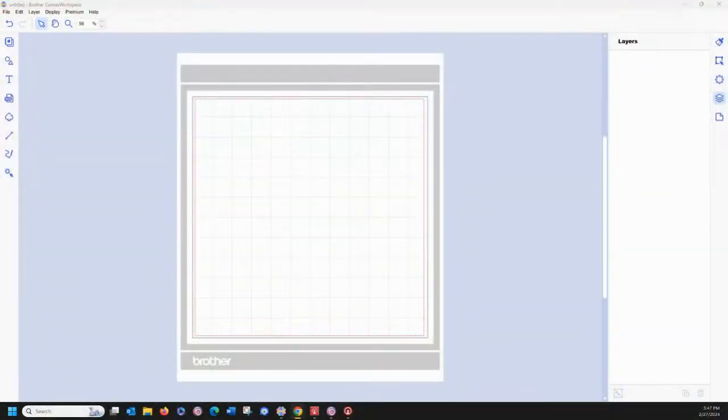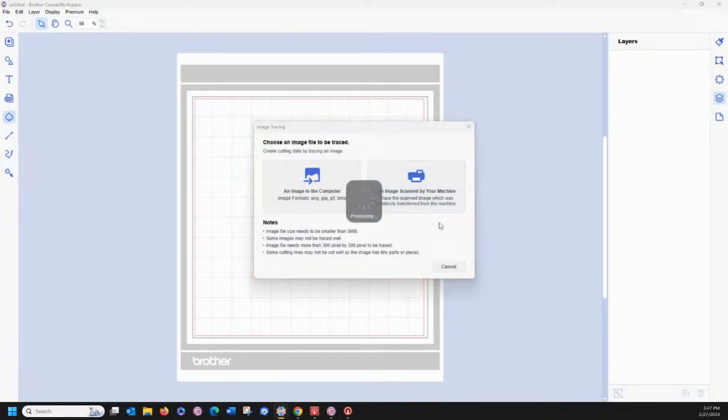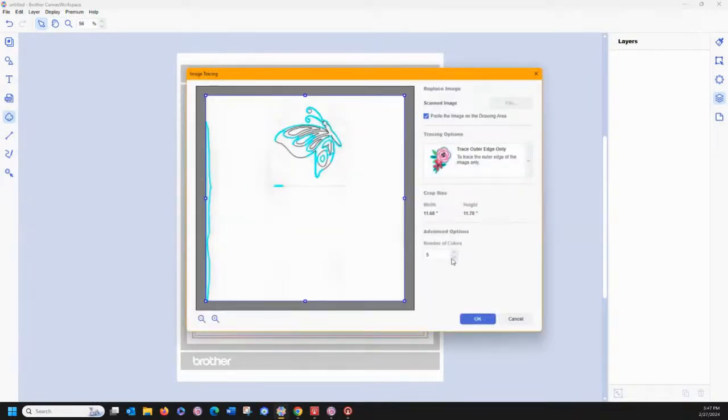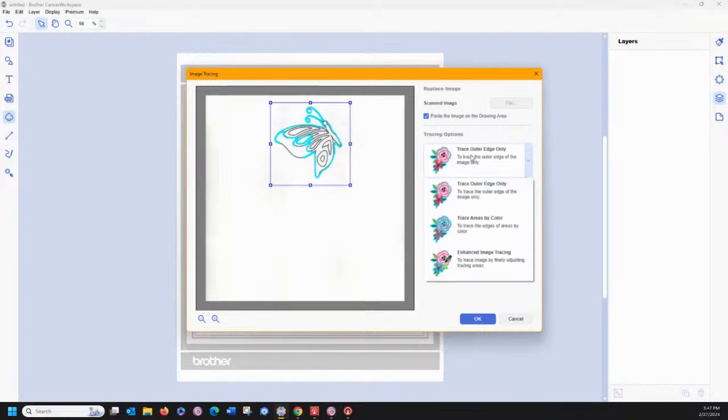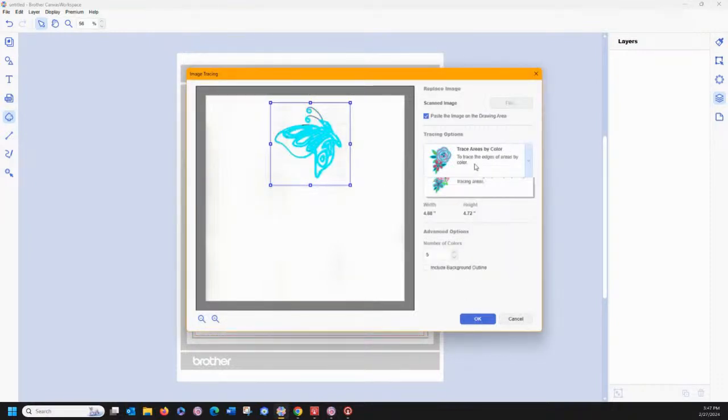Oh, y'all, I turned on chicken and I forgot to turn it down. All right, so we are going to come over here, import that image from my machine, and then this time we should have a good result. There it is. Let's crop it down to what we would be looking at. And let's trace areas. Ooh, no. Reduce those colors. Wow. I'm just not having any luck at all today.